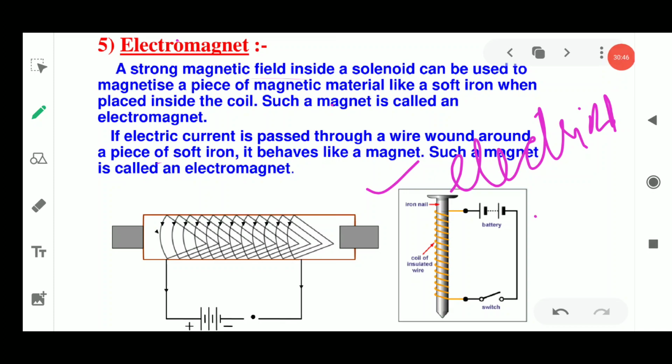Now, is it so that while electricity is producing the magnetic effect, there can be an opposite condition where you could see that a magnetic field is going to produce electricity? Is it possible? Okay, we'll find out the answer to this question in the next upcoming video. So children, today we have discussed the magnetic field,